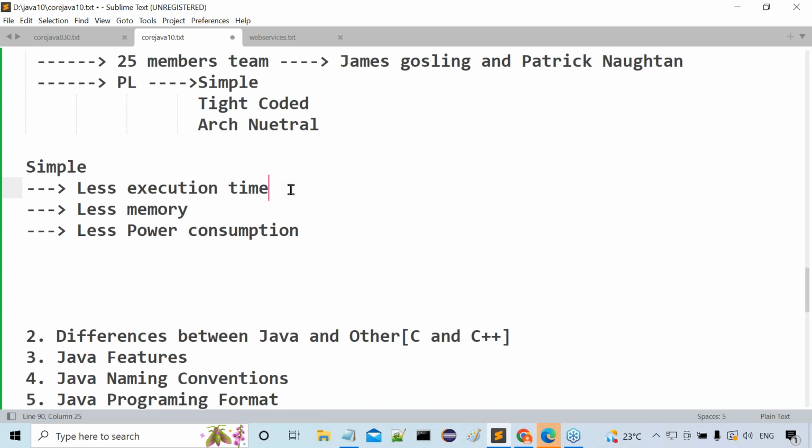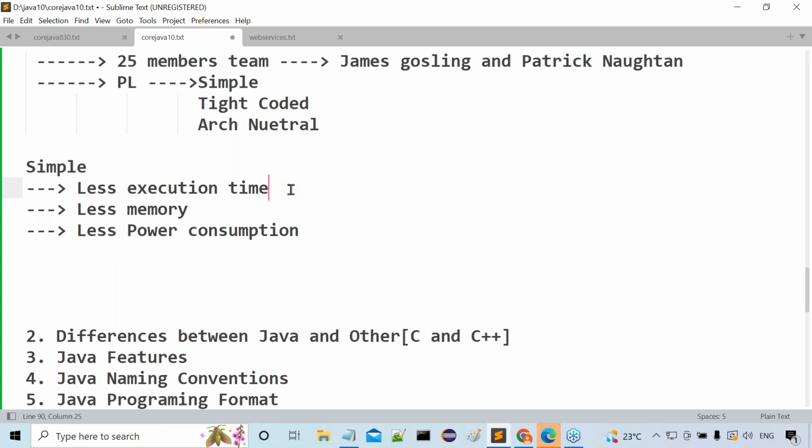Because of this reason, Sun Microsystems wanted to prepare their new programming language as a simple programming language. As part of that simple programming language, they wanted lesser execution time. Less execution time means more performance for the end products, or not? Think about their mindset.